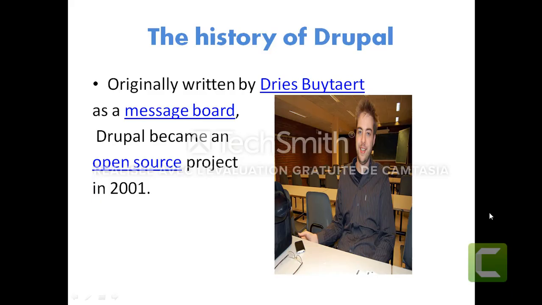Now, let's take a scoop back into the history of Drupal to know the origins of this amazing free software. Drupal was originally written by Dries Buytaert as a message board at first. Then Drupal became an open source project in 2001. The name Drupal represents in English "drop," as in water droplet.